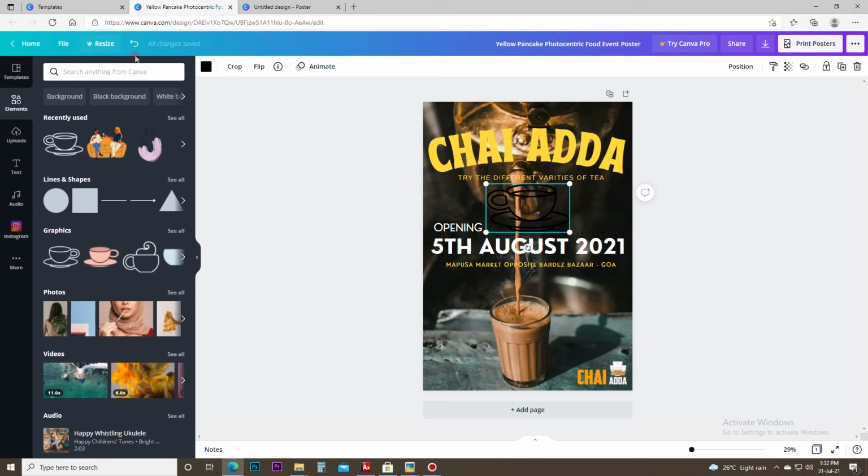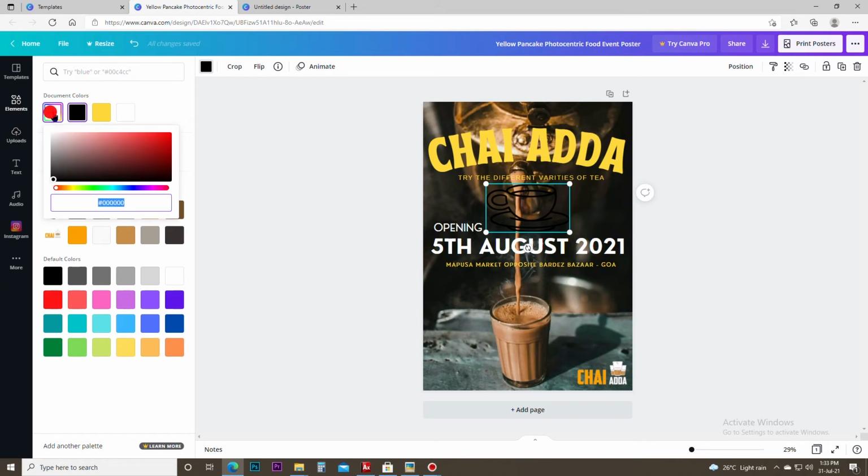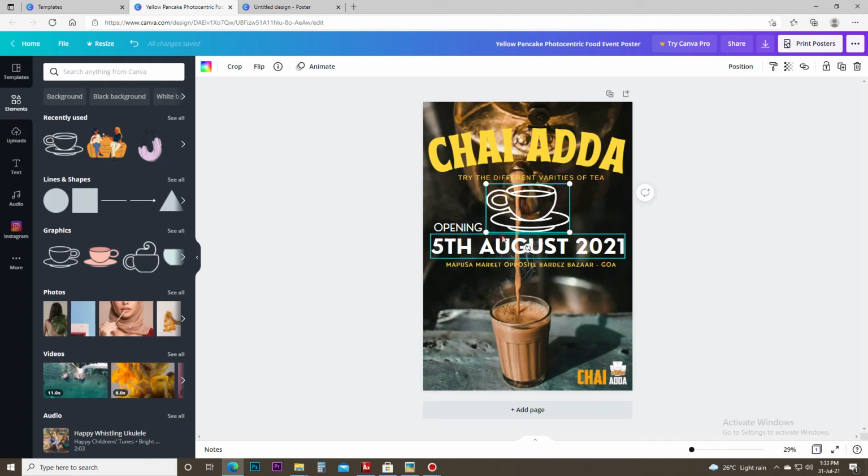To change the color of that, you have to select the cup. You can see a black box here, click on that and you get this panel wherein you can change to any color. If you don't like colors from here, you just have to click on this, and you can select a variety of colors. Like you can go on red and it will change the color. The best part is you can really see when it changes. So you can do anything here. Okay, so I just want to go on white because that's the color I want to use.